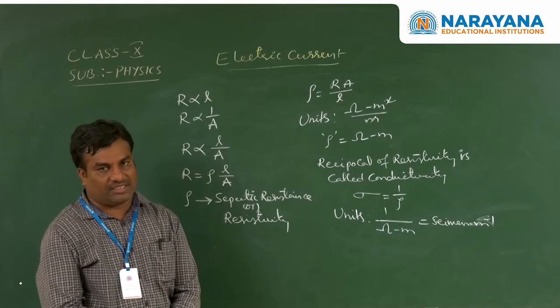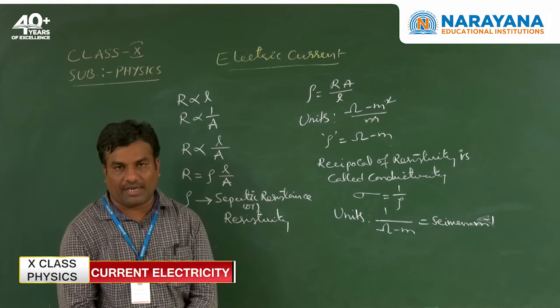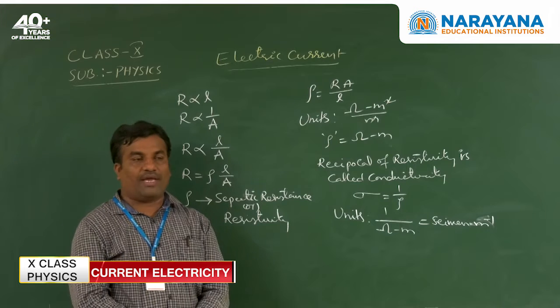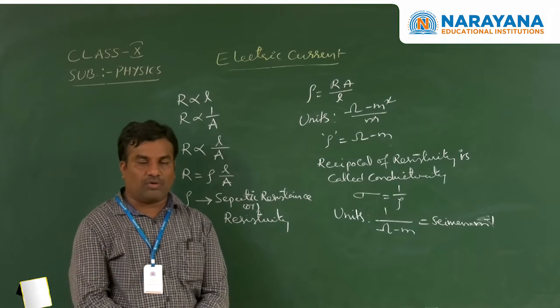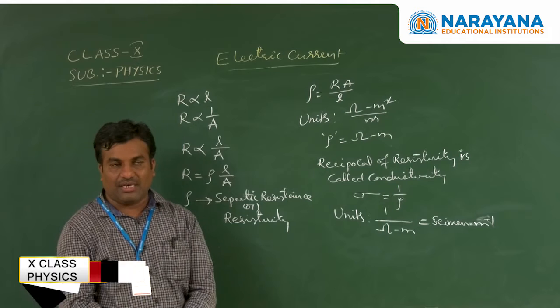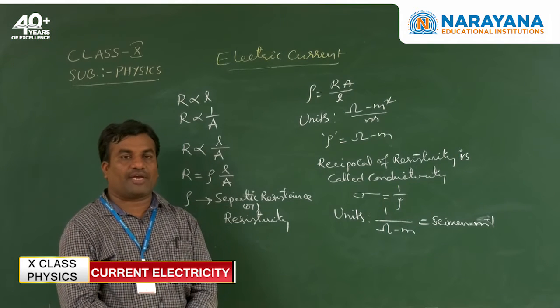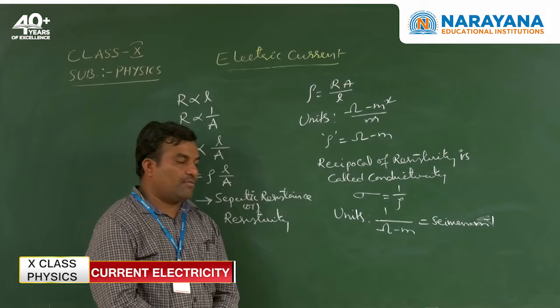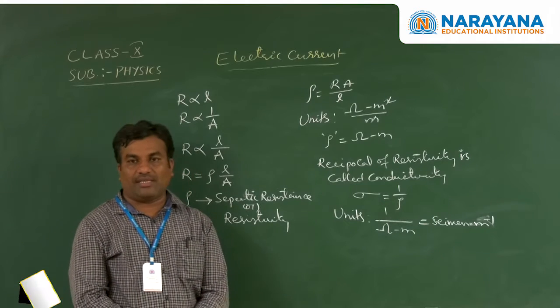If conductivity is higher, resistivity is lower. That's why the resistivity of copper is very low while its conductivity is high. Copper material has high conductivity, so its resistivity is very low. That's why we use copper wires for making electrical wires, and similarly we see filaments in bulbs.